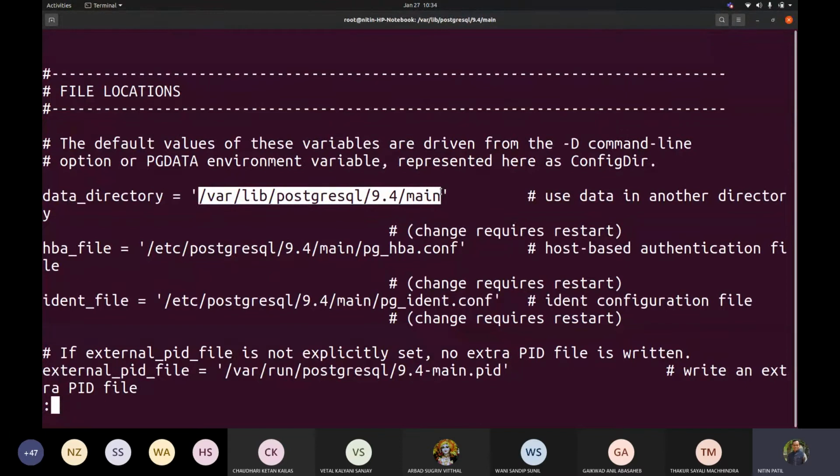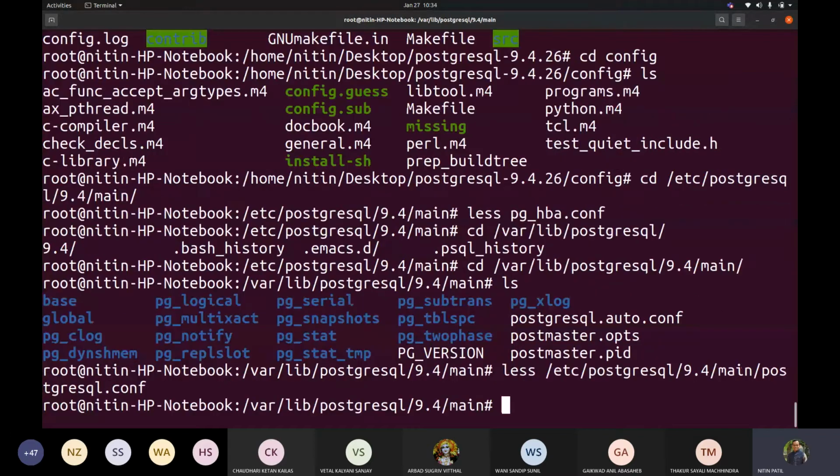So what I will do is, can I create state-wise data? For each state, I may have my own data directory. Now there will be multiple servers running on one machine only.